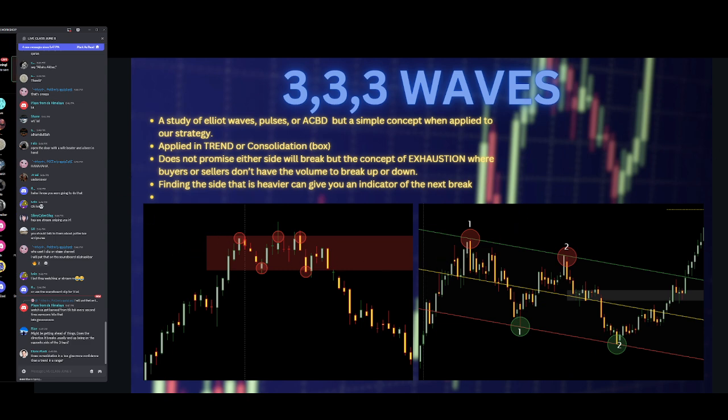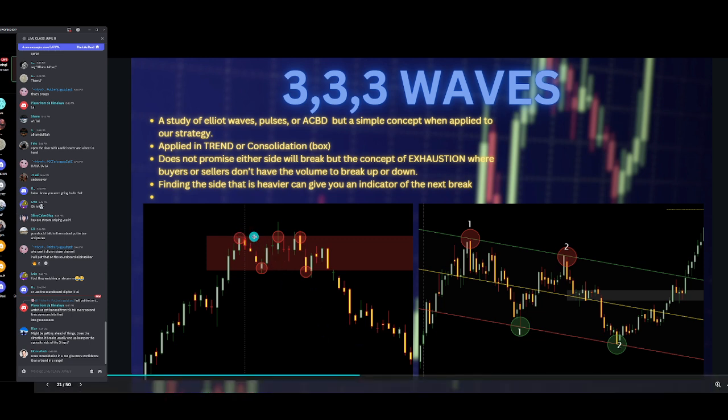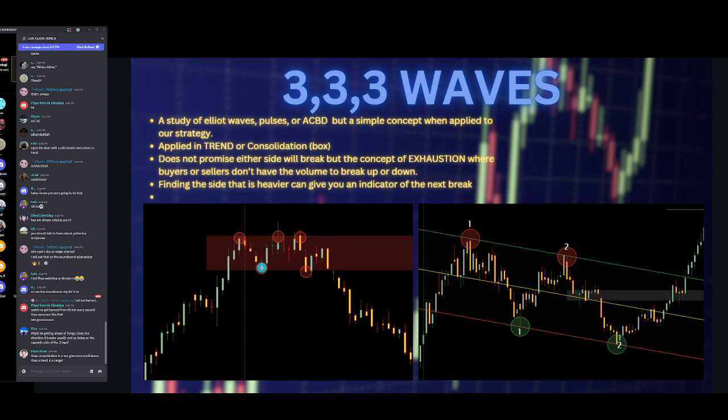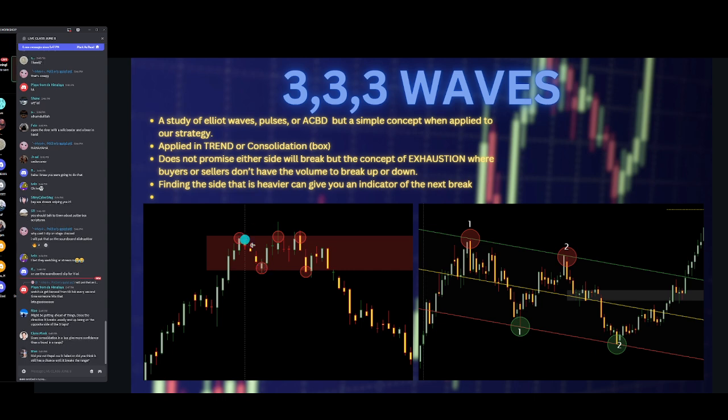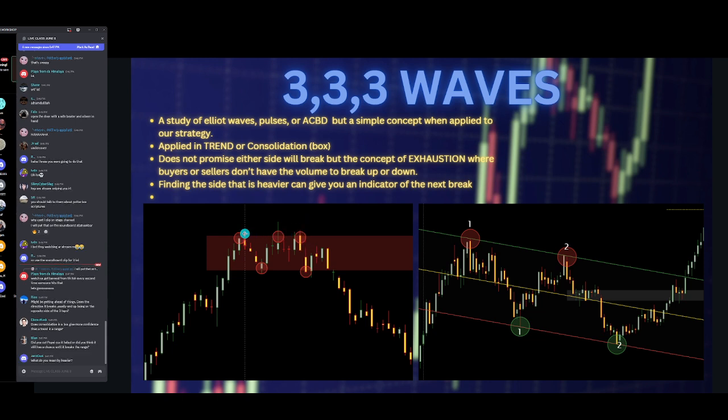So finding the side that is heavier can give you an indication of the next break. Like I said, if you count over here in this example, 1, 2, 3. So you got 1 here, and then you get 2 in one range, right? So you stay up there, you try multiple times, but ultimately you get that 3